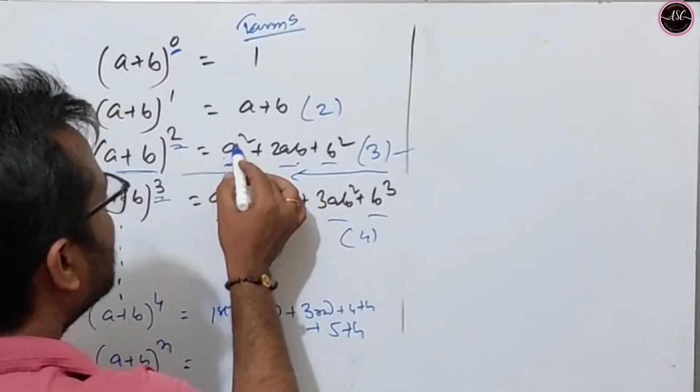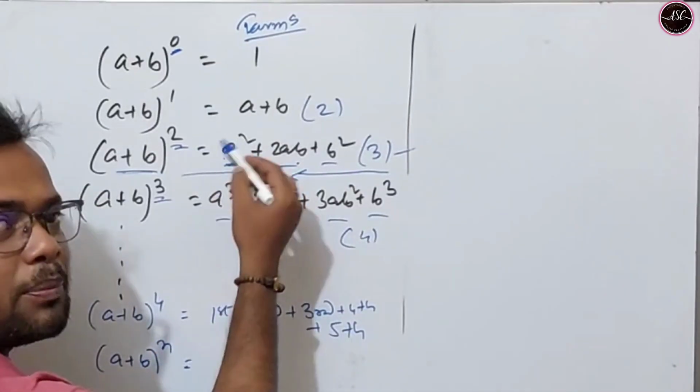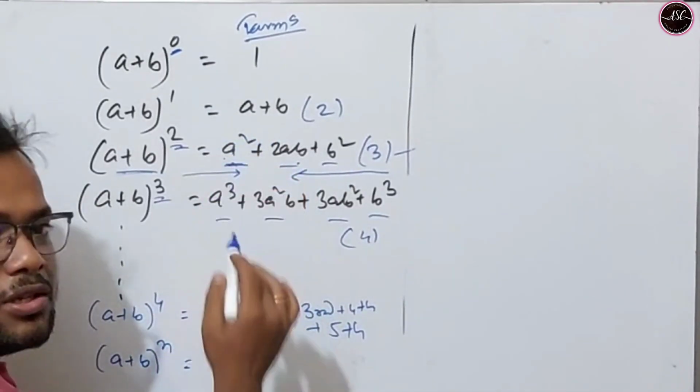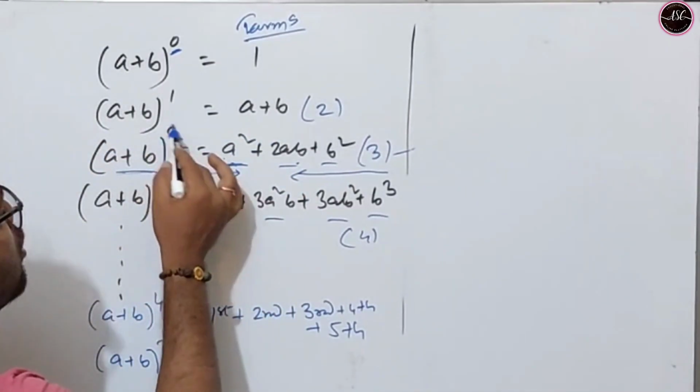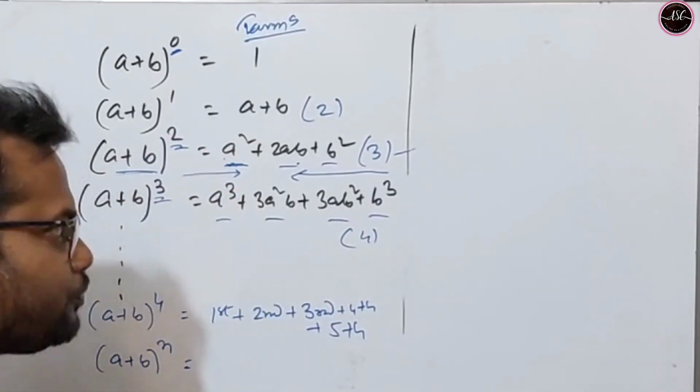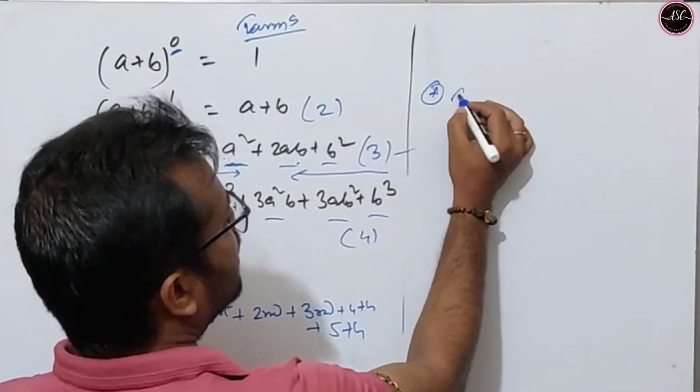the sum of the powers of the quantities is equal to the index of the expression. Okay, then look here, A square. Here the power of B is 0. So 2 plus 0 equals 2. So 2 is equal to the index of A plus B. Okay, so the observation,